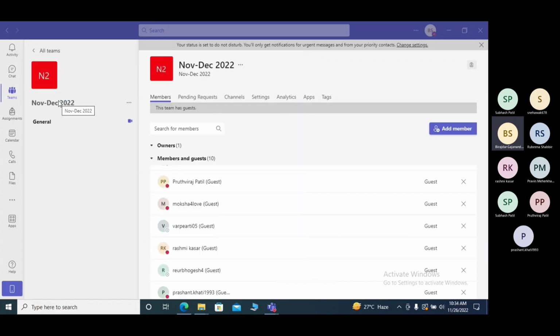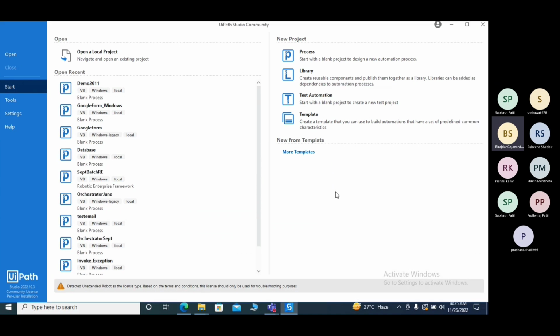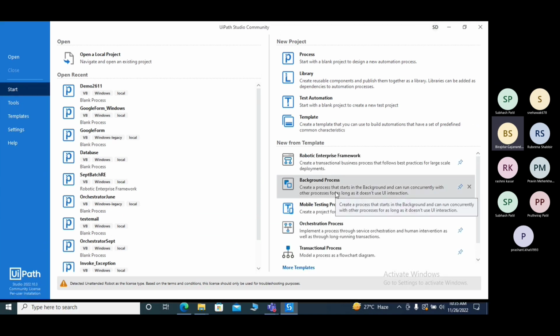As you are clicking on this UiPath Studio, you could see some loading screens, then the application window being created. Here you could see the version of UiPath. So it is 2022. Since we are using UiPath's community edition, you could see there are always certain changes in UiPath Studio. So if you want to see the version of your Studio,